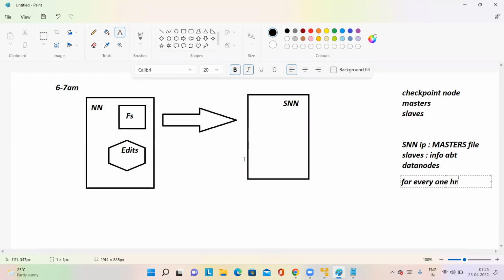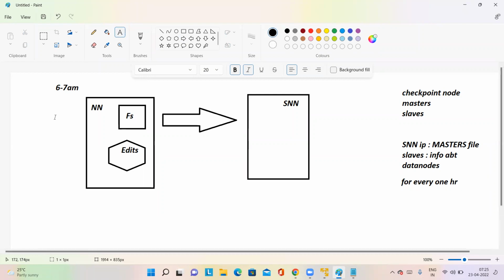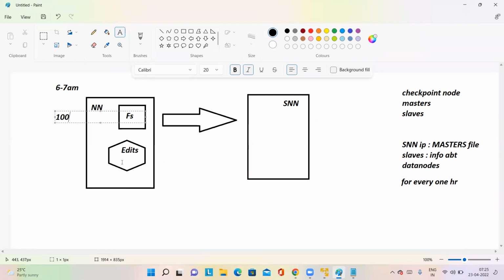Now, say exactly at 6, 100 transactions are loaded into the edits file. 1, 2, 3, 4, 5, 6, 7, 8, up to 100 modifications we have done till 7 o'clock, and all